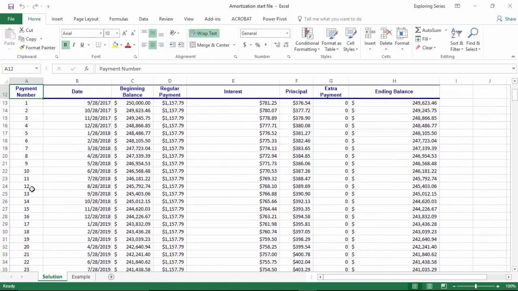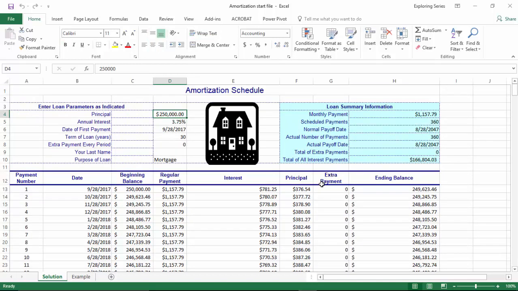All right, here's how it works. Say you have a $250,000 house financed at a very generous 3.75% annual interest rate. You know on a mortgage, you're going to pay that back monthly. Say today, September 28th, 2017, you're going to make your first payment on that mortgage, and it's a 30-year fixed mortgage. Based on the things we've learned in the class, you could calculate the payment as